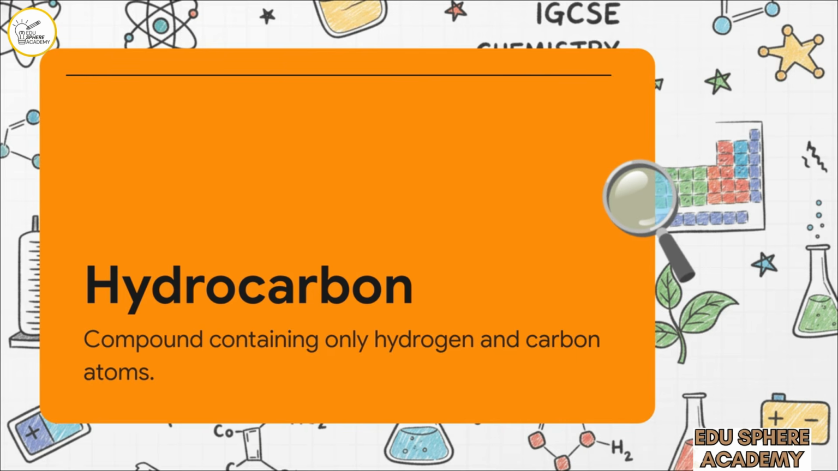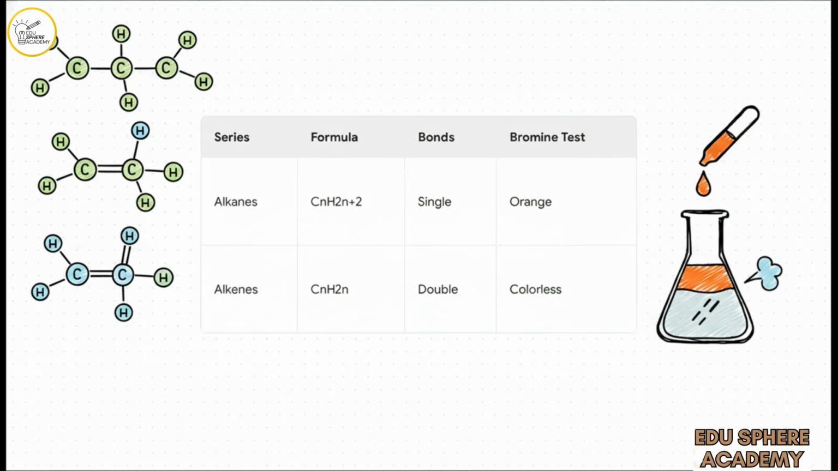Honestly, exam questions love to try and trick you with this exact definition. If an organic compound contains oxygen or nitrogen or halogen, well, it is simply not a pure hydrocarbon. And this perfectly brings us to the conceptual leap between the 2 main hydrocarbon families, alkanes and